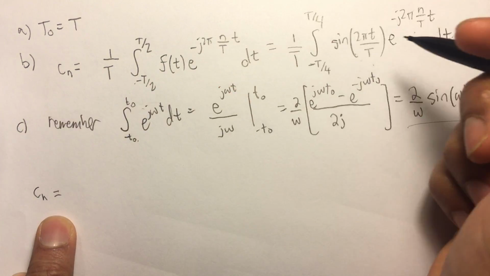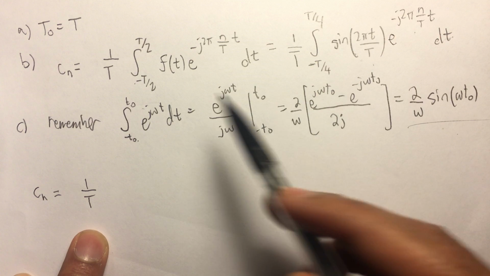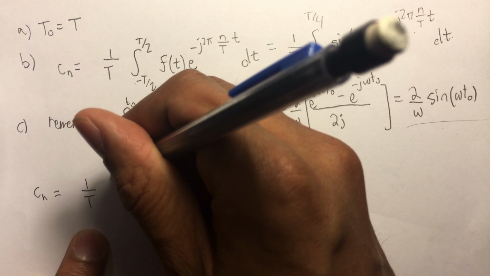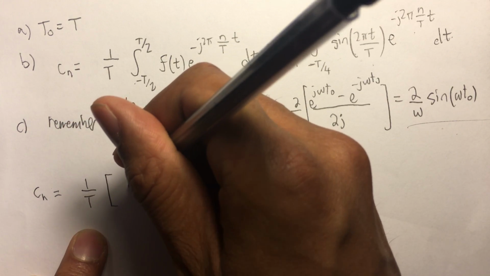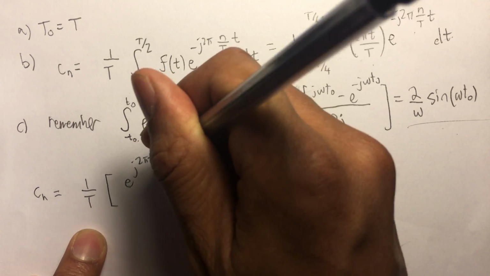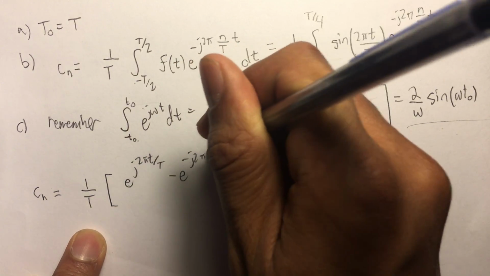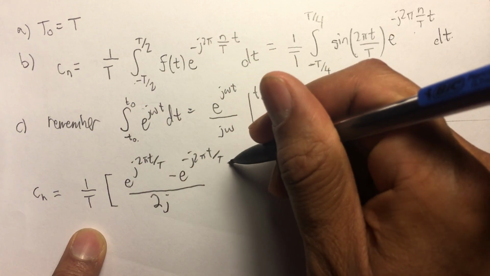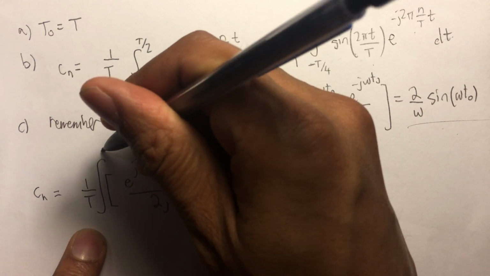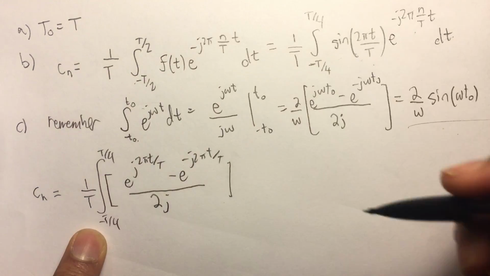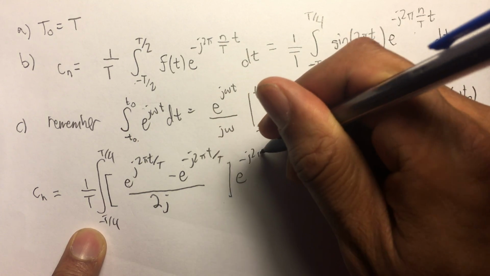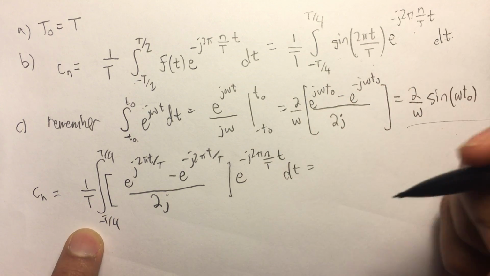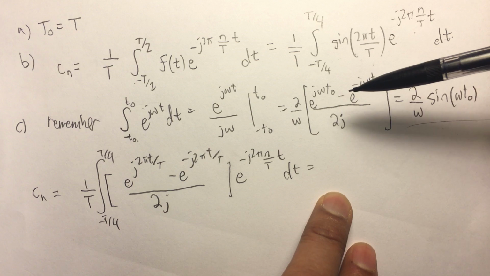This is equal to 1 over T, now we have e to the j 2 pi little t over big T minus e to the minus j 2 pi little t over big T, divided by 2j, integral from T over 4 to minus T over 4 times e to the minus j 2 pi n over T times t dt, which is equal to